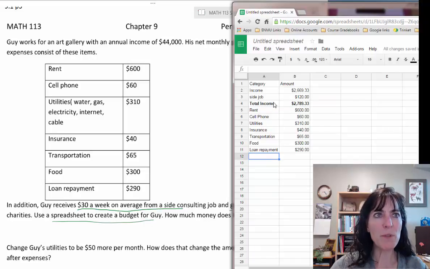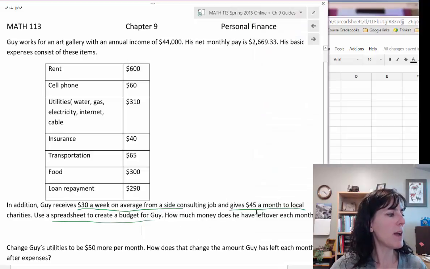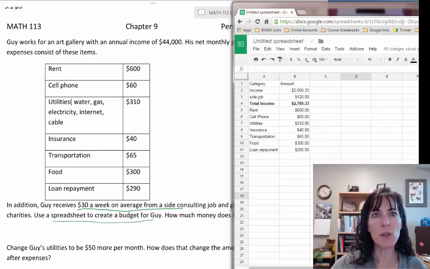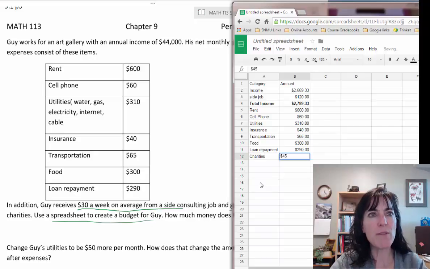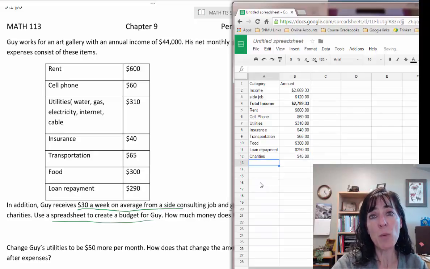Now we typed in all of the expenses, but then we had $45 a month that he gives to local charities, and that's per month. So then we'll put charities and put $45 there. And now we want the total expenses. So total